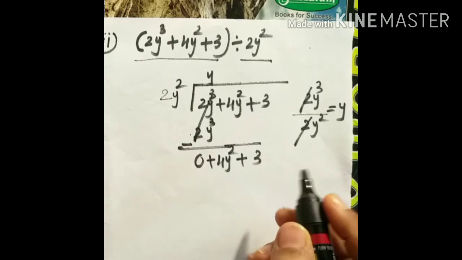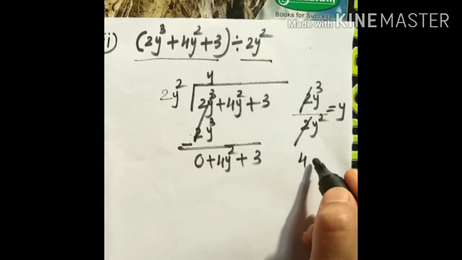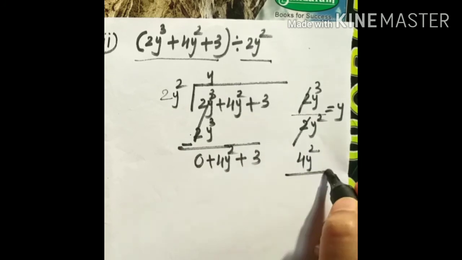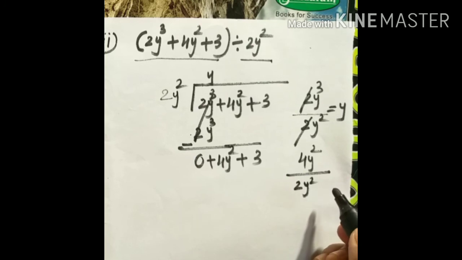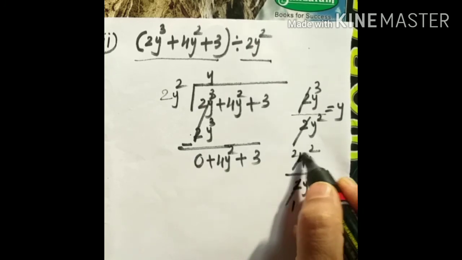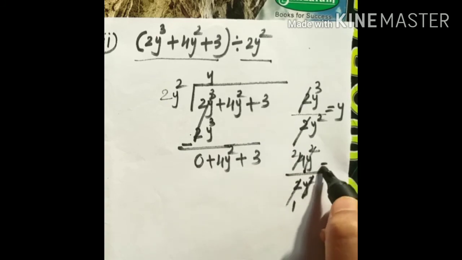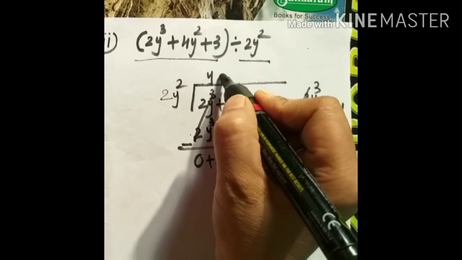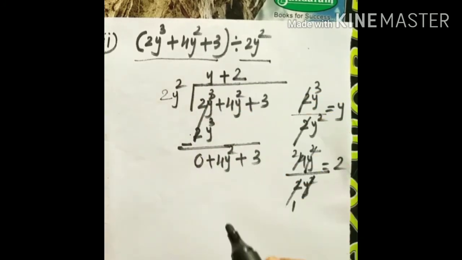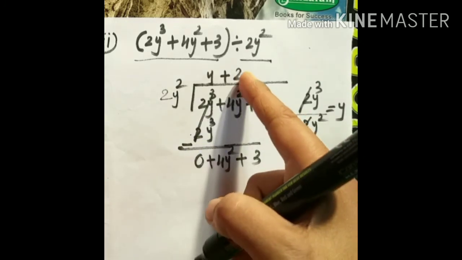Okay, children. Now take only one term of the dividend here, children: 4y² upon, what is the divisor, children? 2y². 2 ones are 2, 2 twos are 4. Okay, children. Now y² both get cancelled. So what remains here? 2. This 2 we write here, children, in the quotient place, plus 2. Because what is the sign here, children? Plus. When nothing is there, it always means plus, children. So we take plus here.